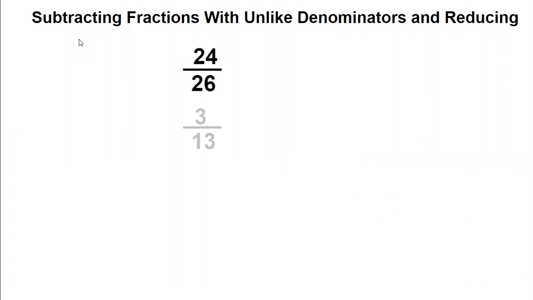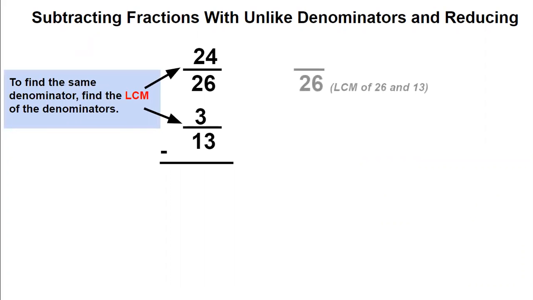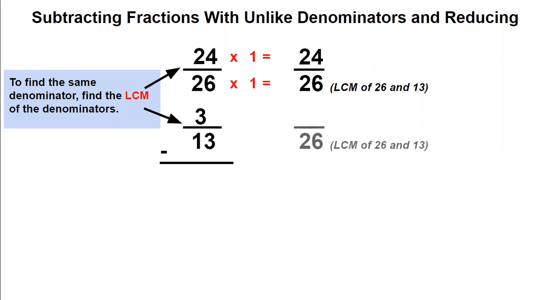24 over 26 minus 3 over 13. You can stop the video, try it first, and then come back. This one should work. Okay, what is my least common multiple of 26 and 13? Well, 26, because 13 times 2 is 26. So this will just stay 24 over 26, and the bottom one will be 13 times 2. Then I have to times the top number by 2 and get 6. Now I can subtract. 24 minus 6